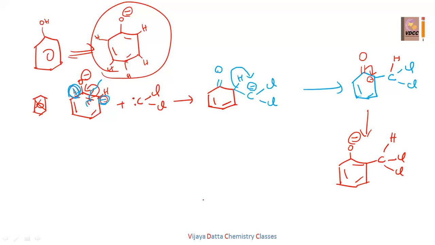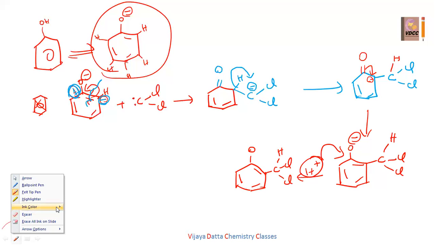O minus CHCl2. This is called phenoxide. O minus is called phenoxide. Now in this one we are adding some H plus. That H plus comes and attacks the O minus. Then the remaining everything will be the same, CH, Cl, Cl, and by adding the H plus ion it becomes OH. In this step, this is the change, right?